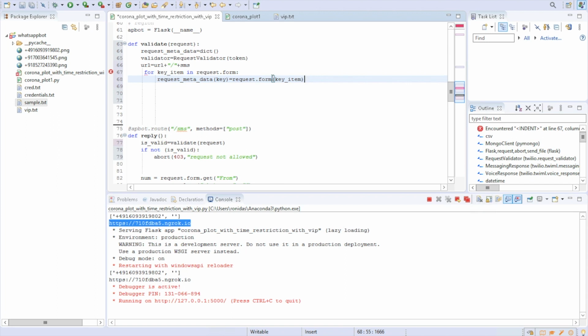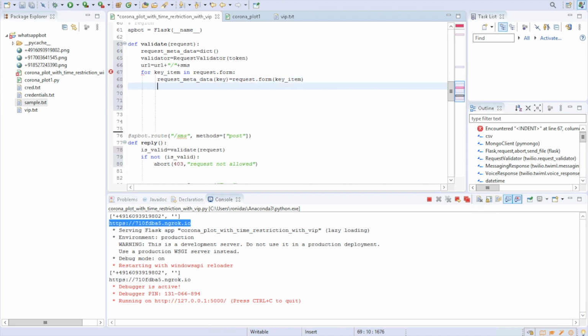Okay, so we got some key over here. What we'll do now, I'm not sure why this is throwing an error, because of this thing. So we got our metadata created. Now we will validate this thing. So we'll create